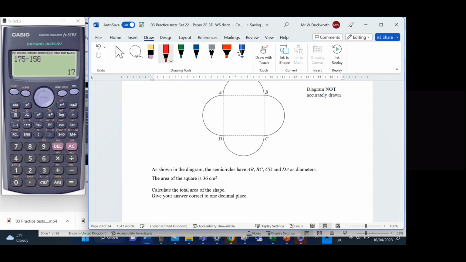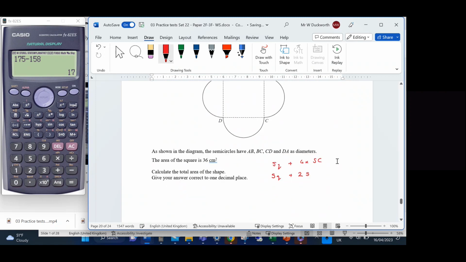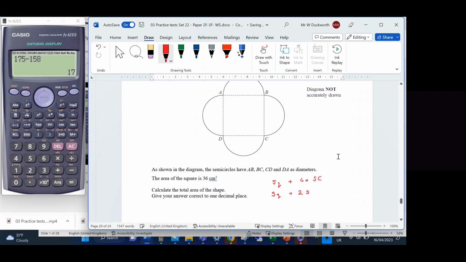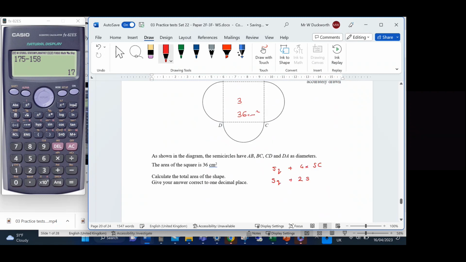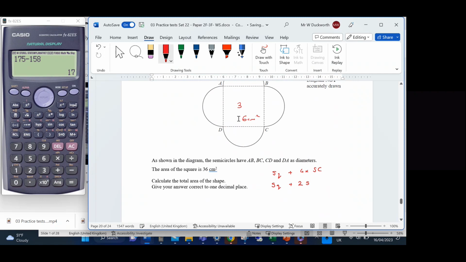Okay, so essentially, we're going to have to work this out as the square plus 4 lots of the semicircle, which is actually going to be the square plus 2 lots of a full circle. So I'll just put S for now. So that's the square plus the semicircle. And then really we're almost there. We need to work out the radius because the area of a circle is pi r squared. So we need to work out the radius. To do that, we use the fact that we've got a square with an area of 36 centimeters squared. So each side has got to be equal to,